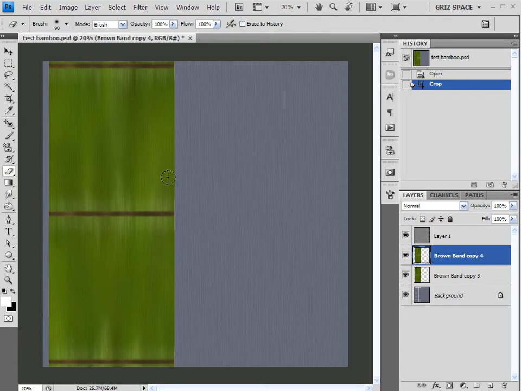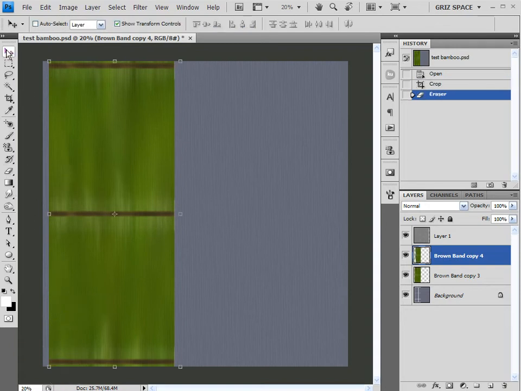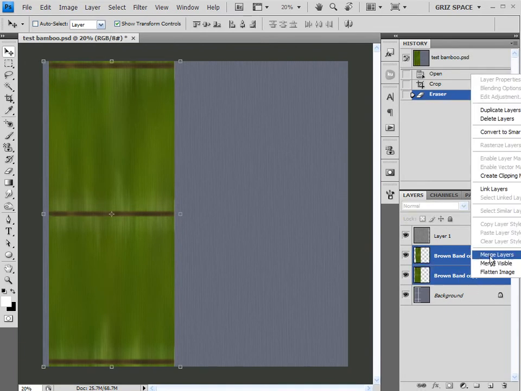Now what I want to do is, on this top layer, this edge of the texture is identical to this edge of the bottom layer. So what I want to do is to simply erase this edge of the top layer. And by doing so, now this edge and this edge are identical. So let's merge these together,